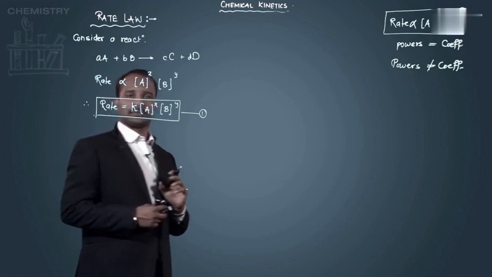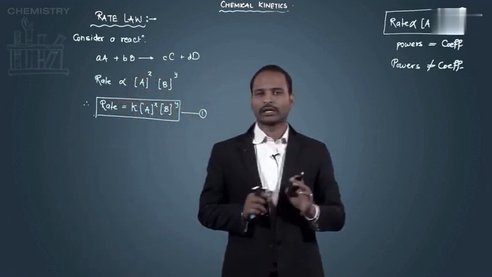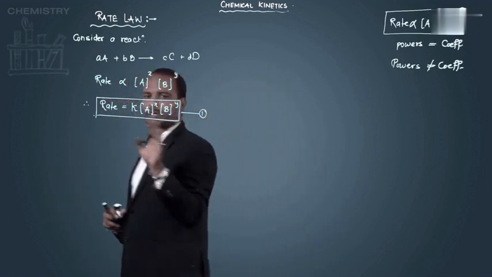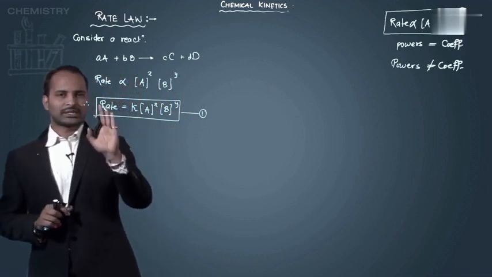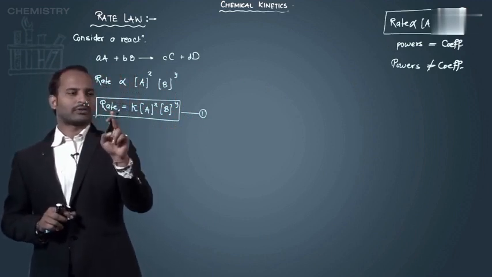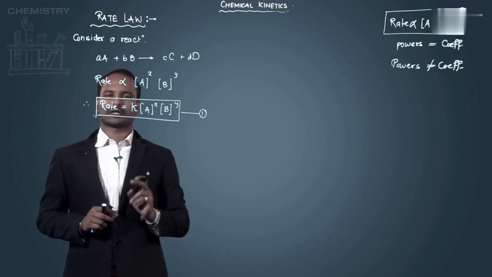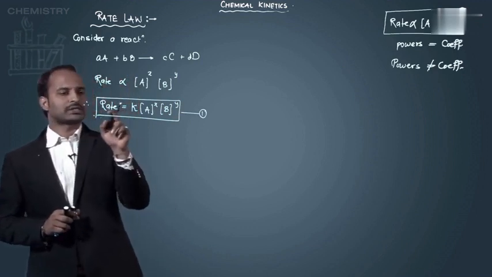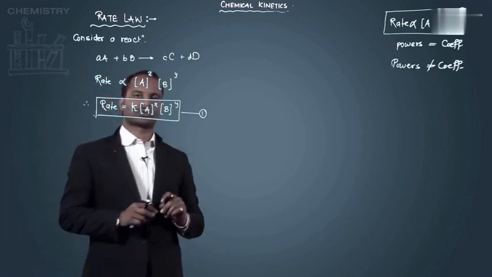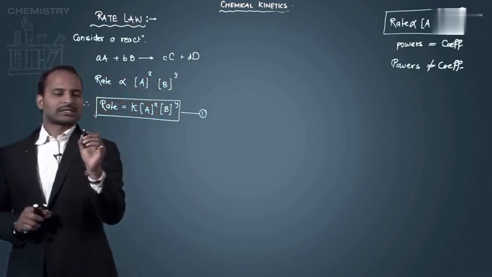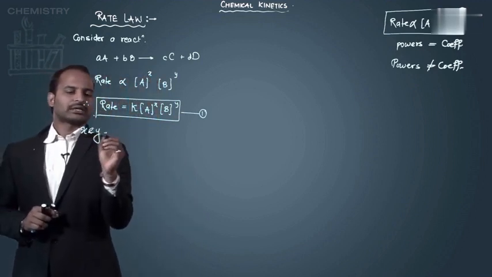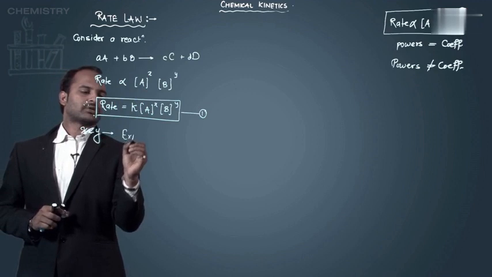As the name says, the rate law is not any law or anything. It's just a name for this mathematical equation, which tells us about the relationship between the rate of reaction and the concentration of reactant, or the dependency of the rate of reaction on the concentration of reactant. What are X and Y here? X and Y are experimentally determined